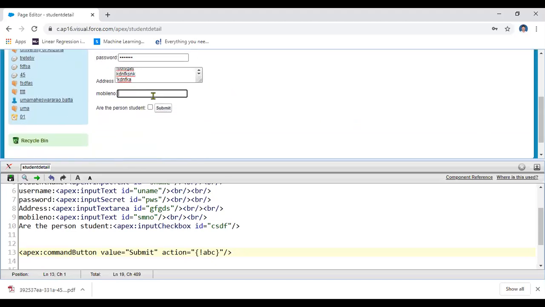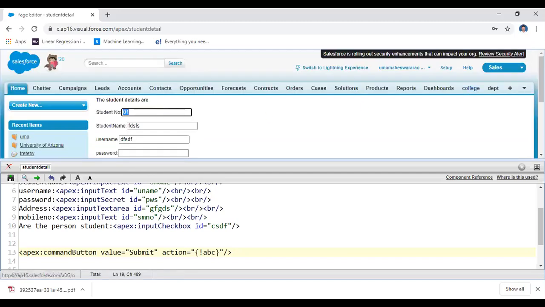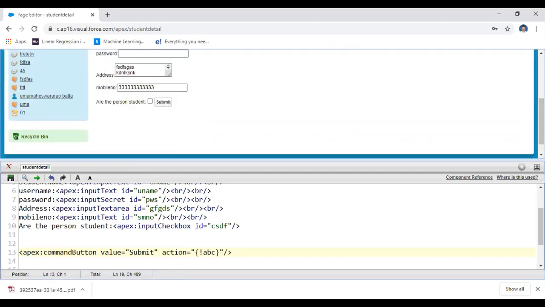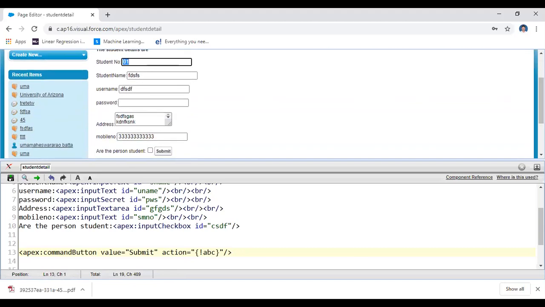If you want to execute this one, mobile number, here if you submit this one, nothing was there. That means you required some business logic to display the student details. Here, how can you display the student details? That's why there exists a concept, we call it the controller concept. Here, what is a controller concept? Already explained that concept. The standard controllers are account, asset, opportunity, like that. Those are all standard controllers, already built-in controllers.